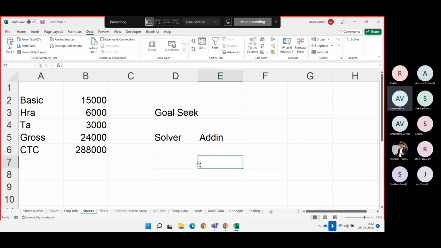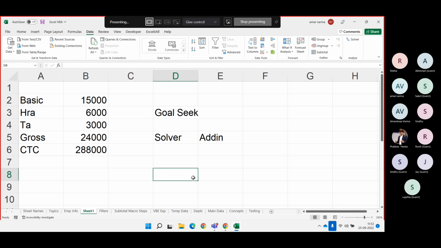One more thing is that once you create an add-in and install it in a particular system, it becomes active for any workbook that you open. So if you want, you can just watch on the screen and understand it. This is a bit complicated, so make sure that you understand the entire process. What I'll do is,